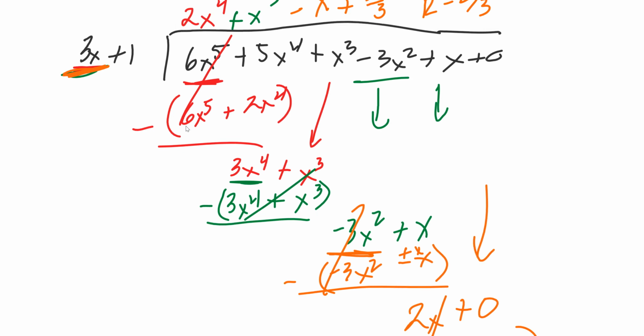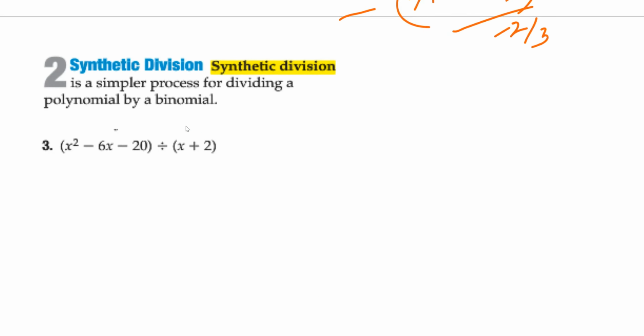Now, if you don't like that method, there's another method, a little shortcut method called synthetic division. We're going to have to get used to this lesson because we're going to do it a lot over the next couple of lessons. We're going to do a lot of dividing, and this is the fastest way to divide and to find roots, which we'll talk about later. So there's a catch, though. Synthetic division is a nice, fast method, but there's a catch. It only works